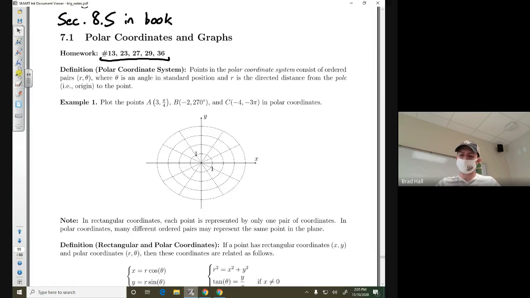Virtually, what happens here is, well, the displacements from the origin represent the radius, and those various angular marks, say this mark and this mark,